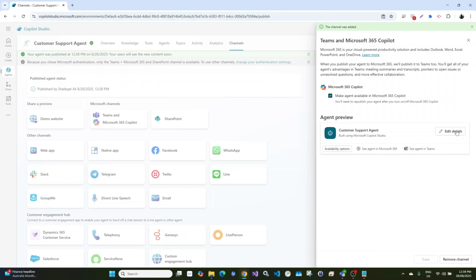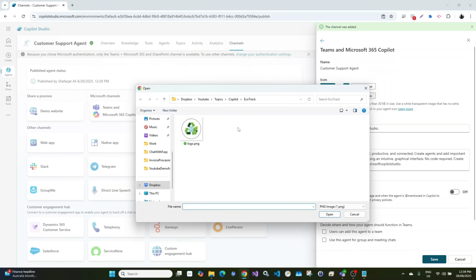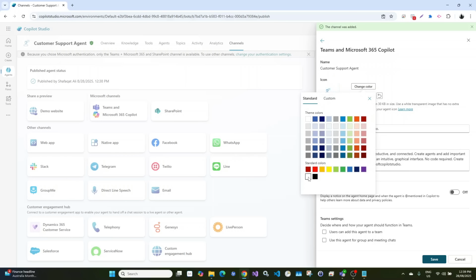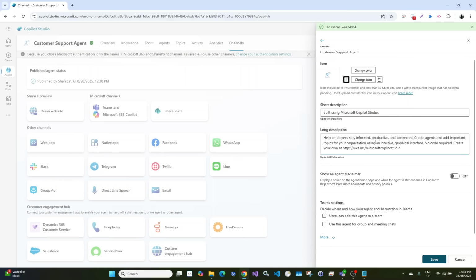If you go and click on edit details, you can change the color and the icon. So let's change the icon. So that is our customer support. You can change the icon if you want, maybe that one. Yeah, something like this. And if you want to change the description, so this one would be